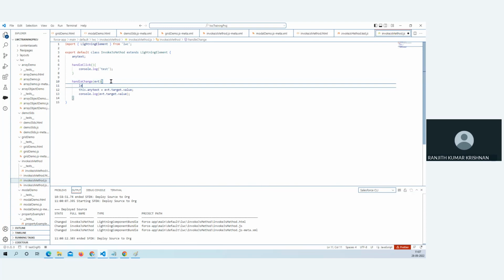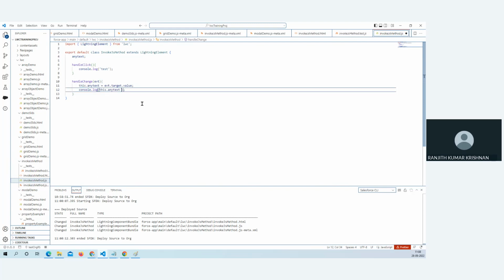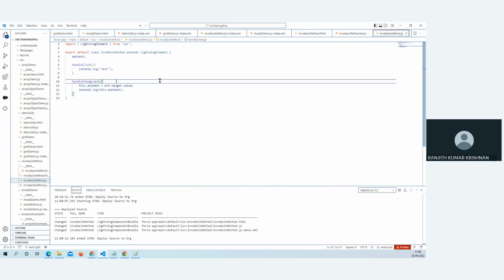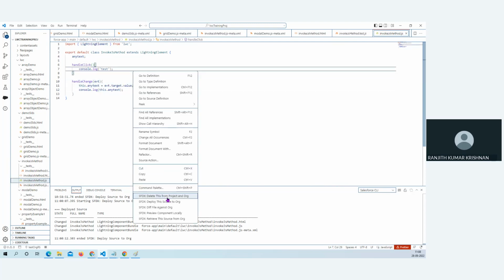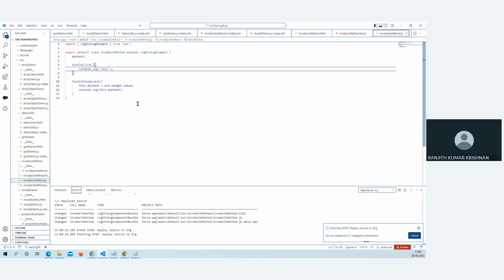Of course, if you have any local variable here, that doesn't require the this keyword, but the class property we have to mandatorily refer with this. So, with this example,